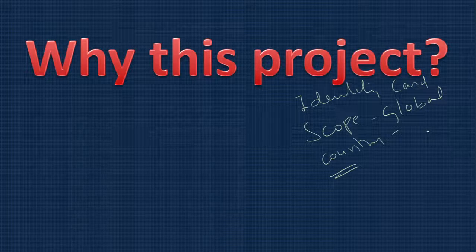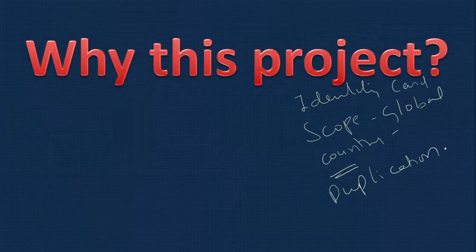Now, in order to identify an individual person, the main care we need to take is that there should not be any duplication. The same person should not get the same card again. That's the main point. Because there is no duplication, identifying the person becomes much easier, and we can link this to different products. So people who are unique need to get the service or the product. That's the main aim, and that is the whole scope here.